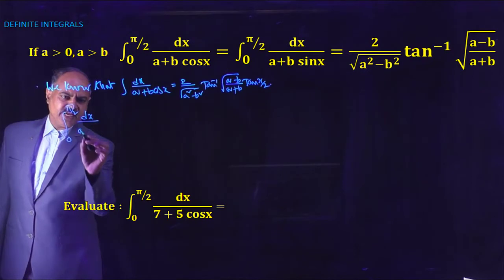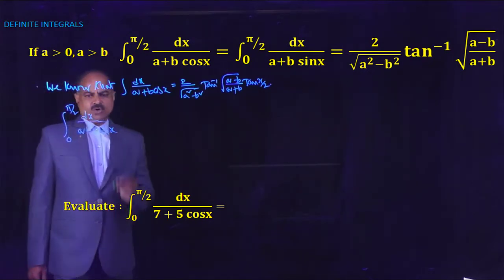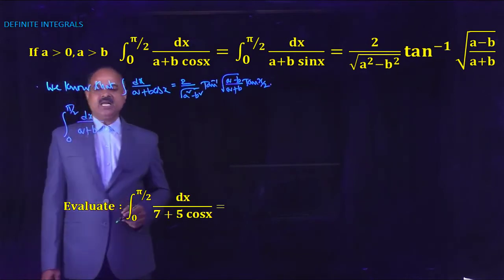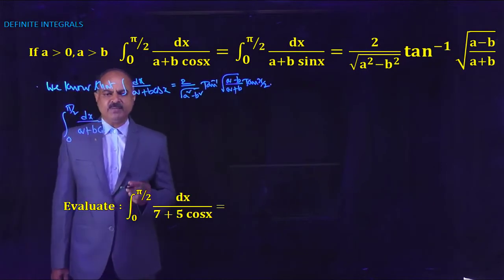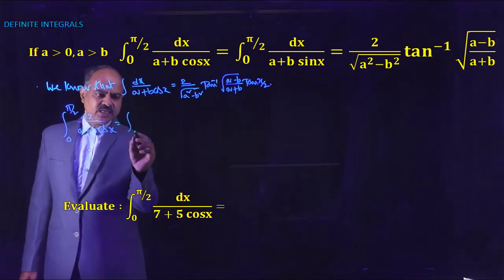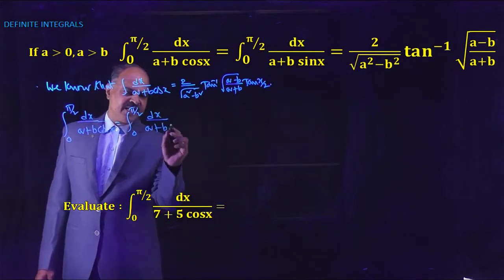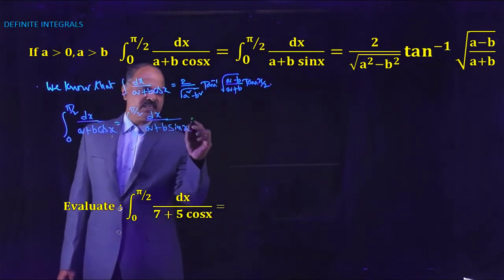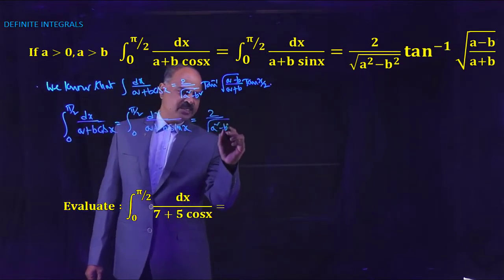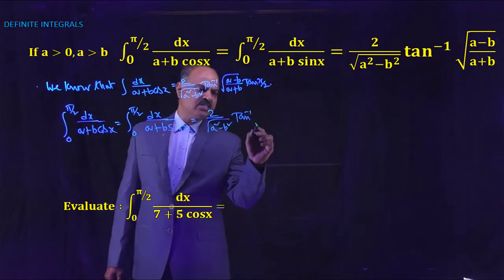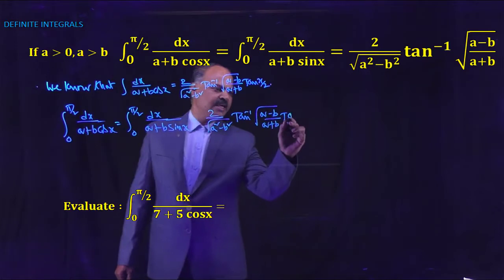dx by (a plus b cos x). Applying the property integral 0 to a f of x dx equals integral 0 to a f of (a minus x) dx, we get integral 0 to pi by 2 dx by (a plus b sin x), which equals 2 by square root of (a square minus b square) into tan inverse square root of (a minus b) by (a plus b) tan x by 2,